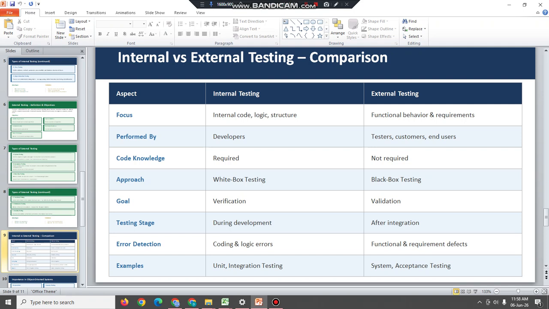Internal testing stages are during development, external testing stages are after integration. Internal testing error detection is coding and logic errors. External testing error detection is functional and requirement defects. Internal testing examples are unit and integration testing, and external testing examples are system and acceptance testing. Finally,